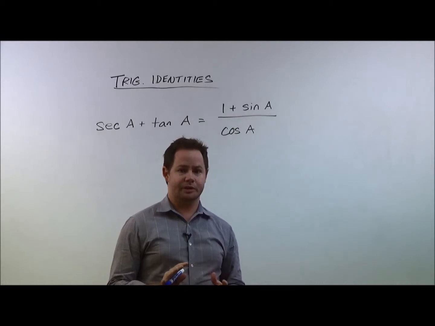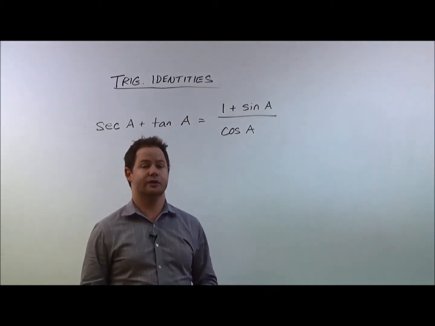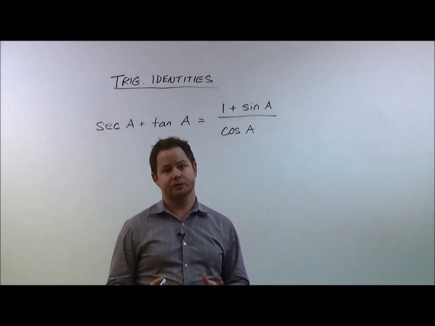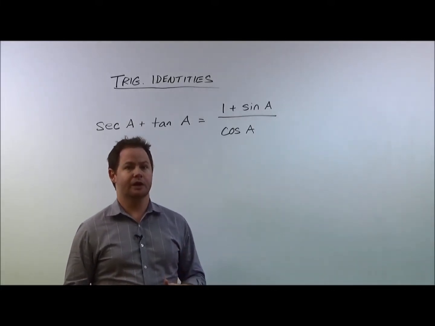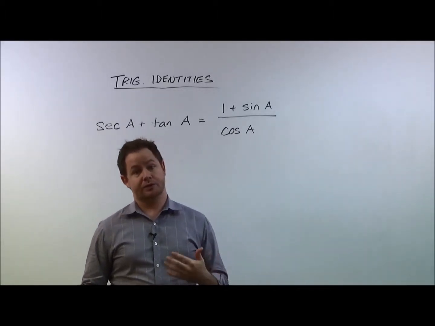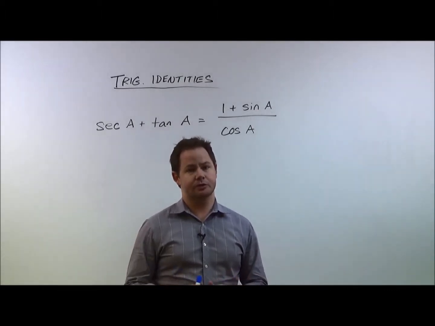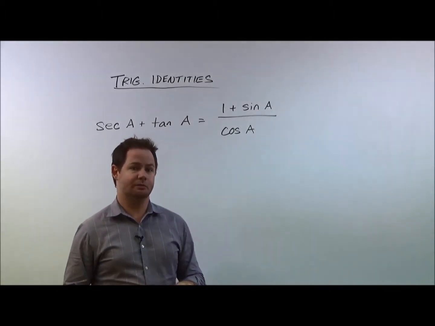If you haven't yet been exposed to those, then you're going to want to make sure you take a look at a table of all your trig identities and start with those because those are the simplest, and then you can move on to addition and subtraction. You can move on to double angle, half angle identities, power reducing, etc. Those are some of the more complex ones, but for right now we're just going to be dealing with